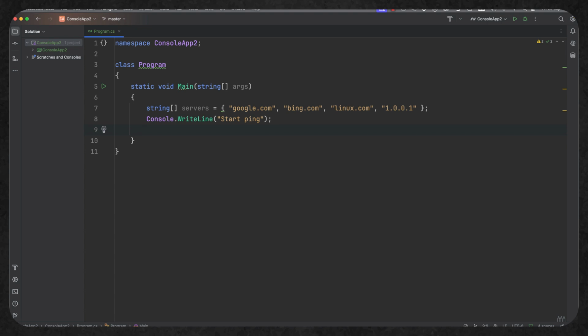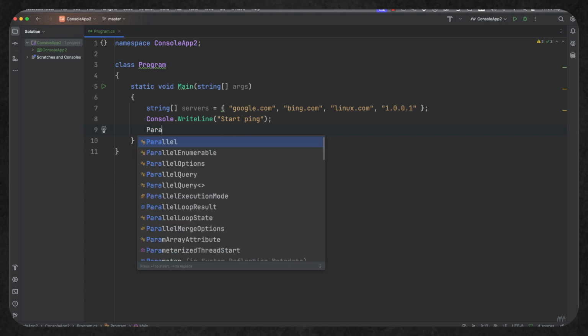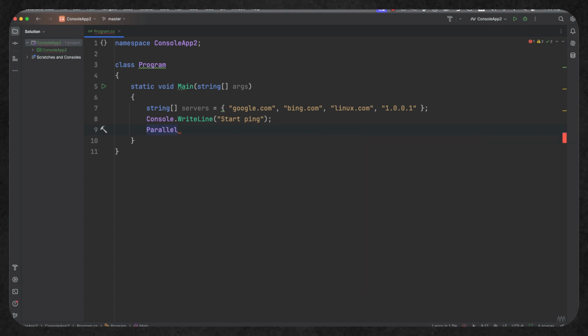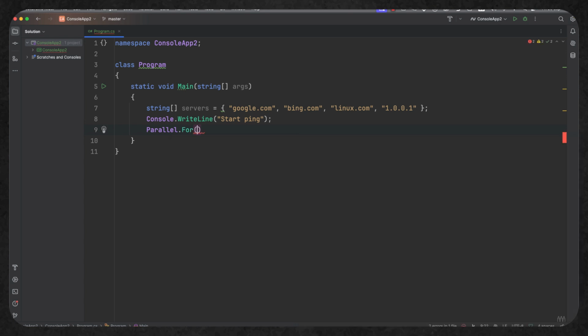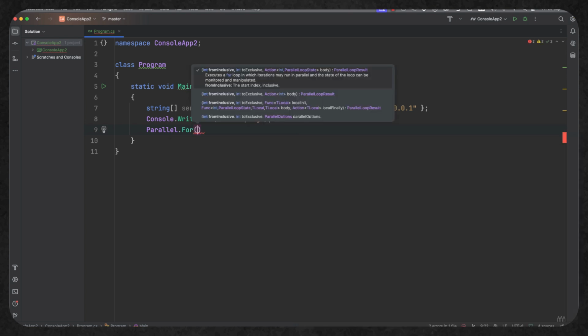Now I do now need to set up my for loop, but rather than using a standard for loop, we're going to use the parallel for loop. We can see that the namespace is included for me, because I'm getting the tab completion, and I can see then the overloading, the different versions of the way that I can use this looping structure.